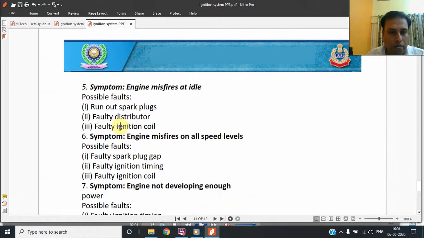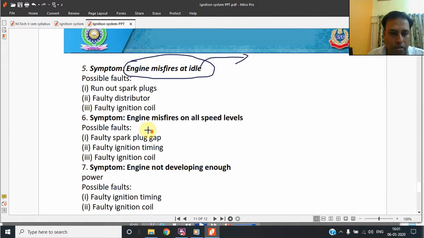And what else is there? Ignition misfire at idle means the engine is running and the vehicle is not running. That is called the idle position, which you should know. The causes are a run out spark plug, faulty distributor, and faulty ignition coil. So we will cover these one by one. Engine misfire at all speed levels: